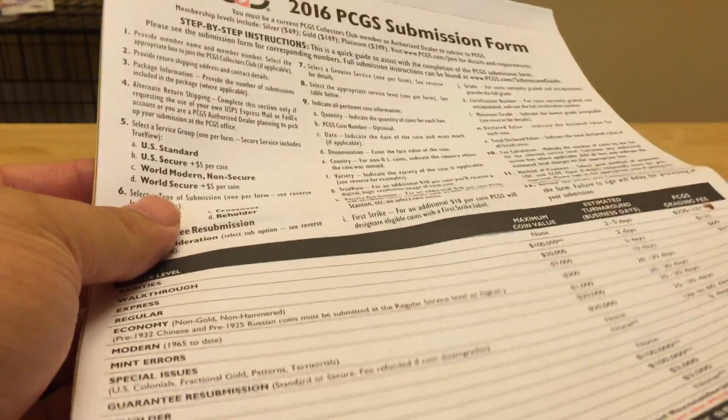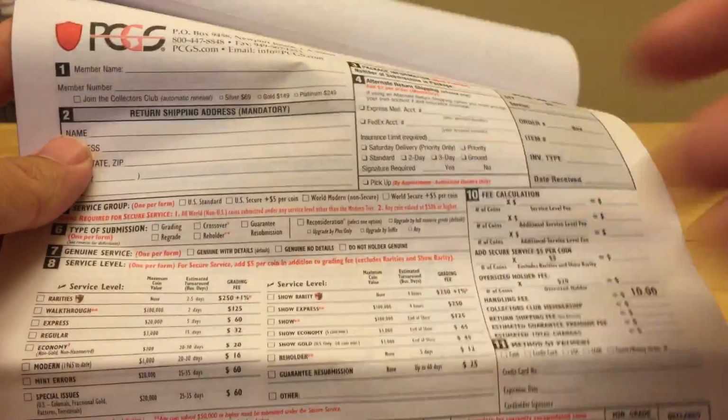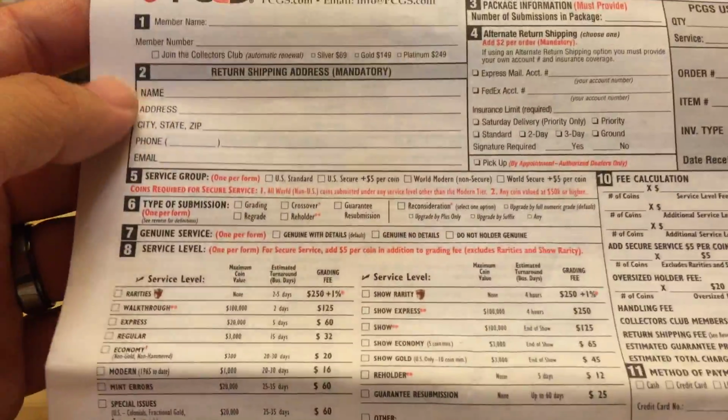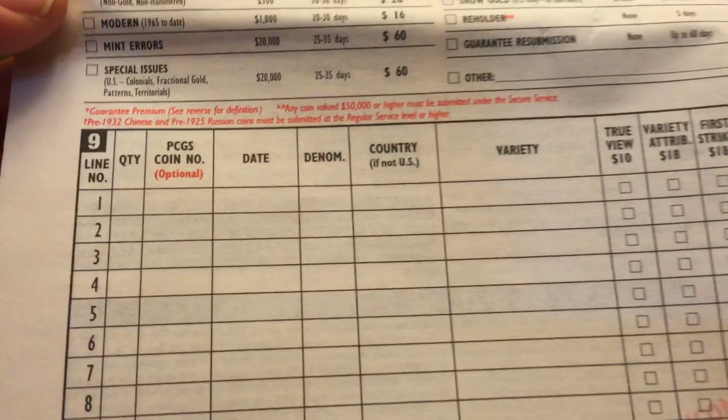Let me show you the first page of the form, and this can all be duplicated online. You could do the online ordering, and then you print out the form and add it to your order when you send it out. So you start out with your name, address, your member number and name up here, and then you just fill out each box. Okay, and then you go in order. You fill in all the information about your coin,